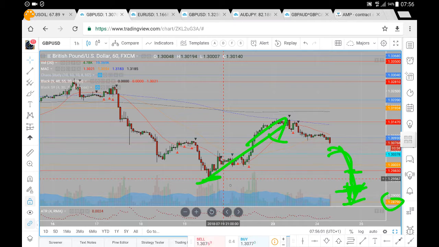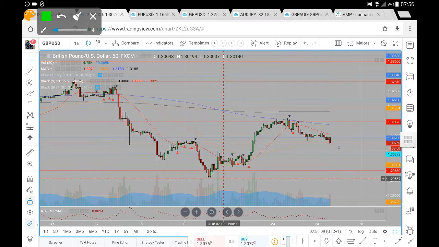So I expect the far end of range to be in around, say that 129.50 or so here on the pound against the dollar. If we do find support in around 30.37, looking for a retest of 30.93. If we can break and hold 30.93, either from a test of 30.37 or from where we are at present, if we do see a move back above 30.93 and we do hold support 30.93, looking for to retest that